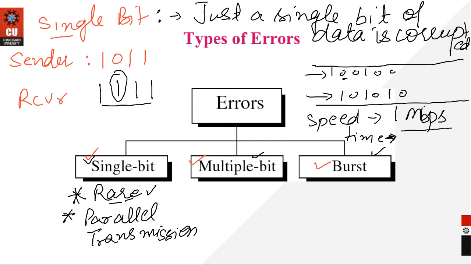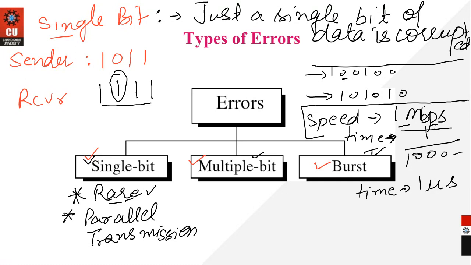It will be very less, because if the speed is 1 Mbps, then the time taken will be 1 upon, convert this into bits per second. So it will be something like that, which ultimately will give you the time duration for a single bit as 1 millisecond, right? I just took an example that the speed with which the data rate is 1 Mbps; generally we have even higher speeds.